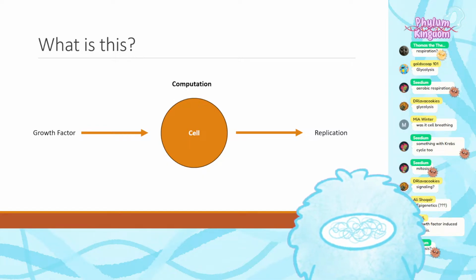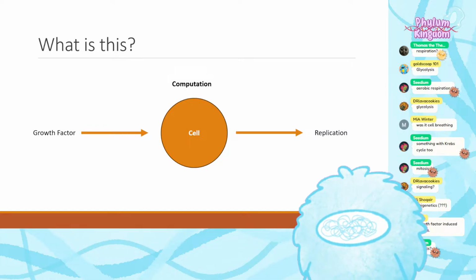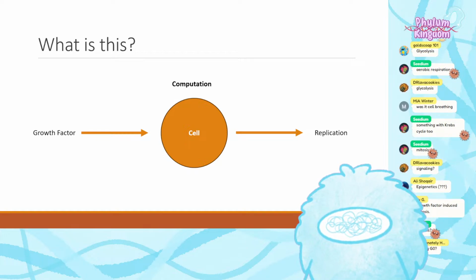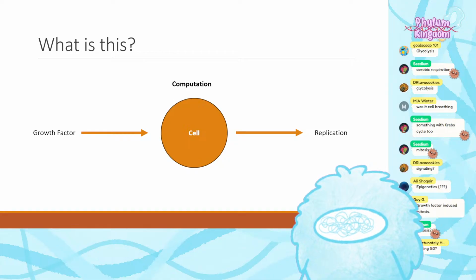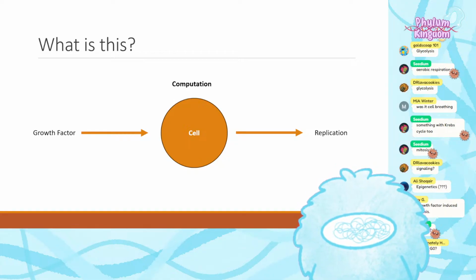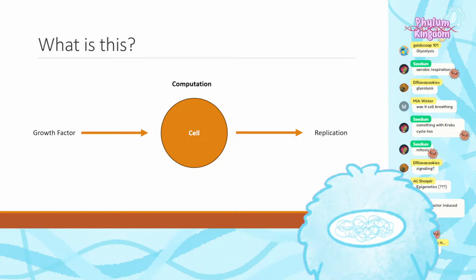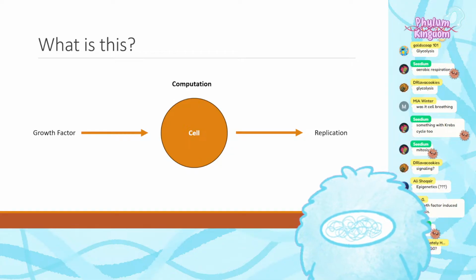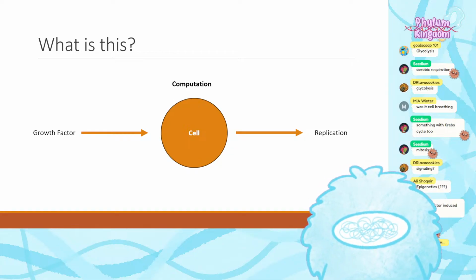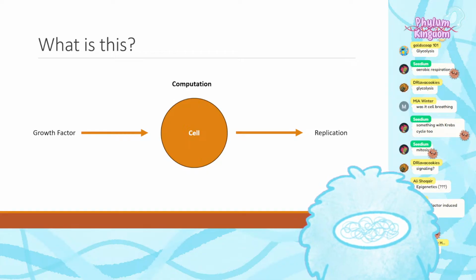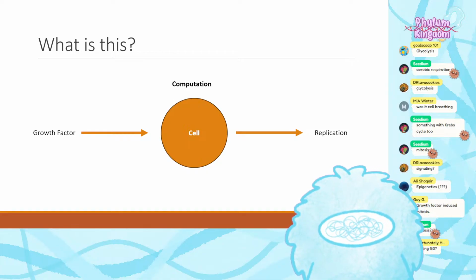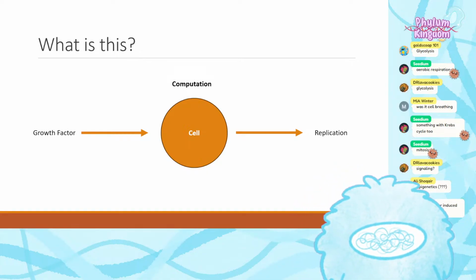Meiosis would maybe count, although I don't remember how meiosis... I think meiosis depends on each individual organism. I don't know off the top of my head if this fits for every organism in terms of meiosis. Exiting G0, what is G0 a part of? That's what I'm fishing for. So G0 being one of the gap phases of something, a term that I'm fishing for. G0 is a part of that.